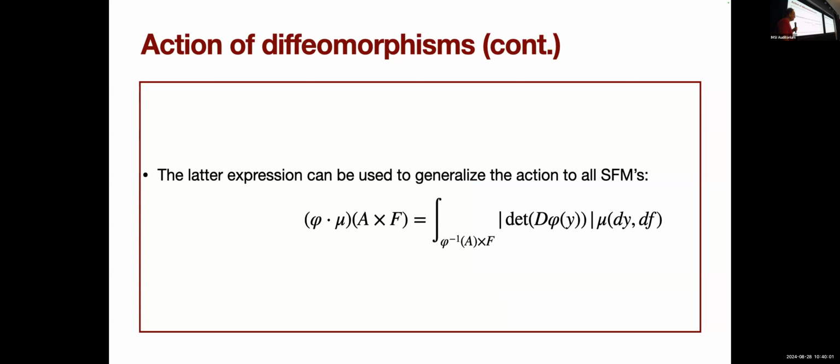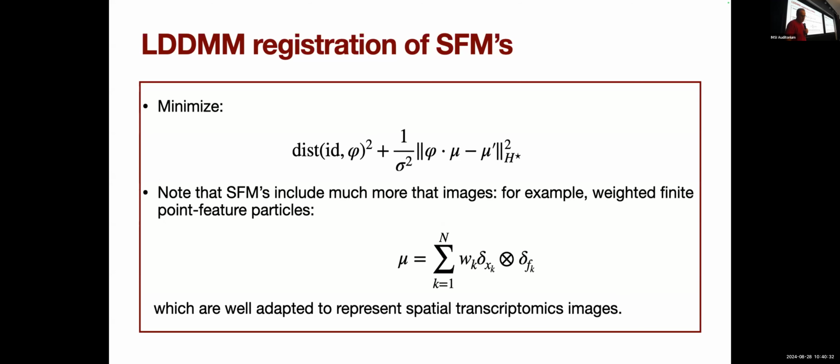And so you get, why did it move to the right? Well, you get a definition of the action of a diffeomorphic transformation on measures that takes this form. So you have the Jacobian determinant of the deformation that appears here as an extra weight in terms of the measure, and you have in space the action of the inverse on the considered set. All right, and then, once you have that,